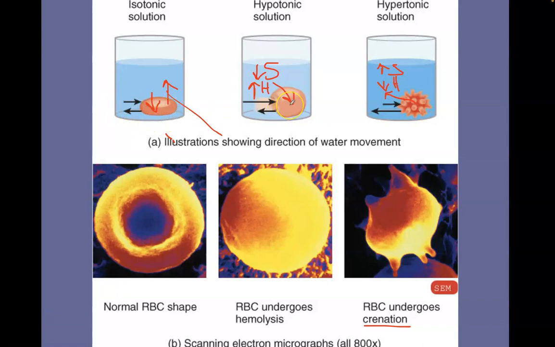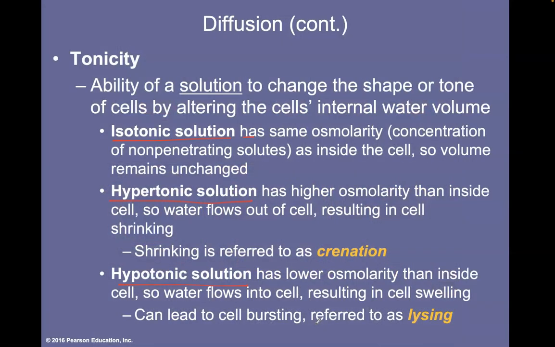Here, more water is moving into the cell, and it'll eventually cause that red blood cell to take in so much water, build up so much hydrostatic pressure that the plasma membrane can't hold it all, and it literally is going to lyse or break apart. And we call that hemolysis. So hint, make sure that you understand tonicity. This is really important. If you have to draw it out like I did,